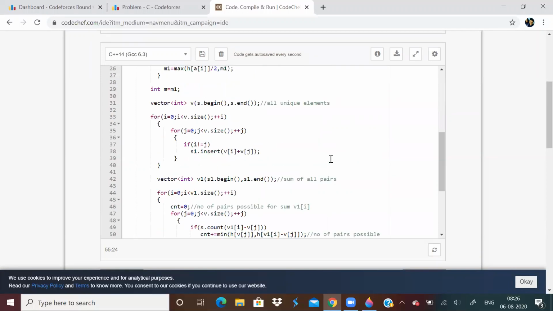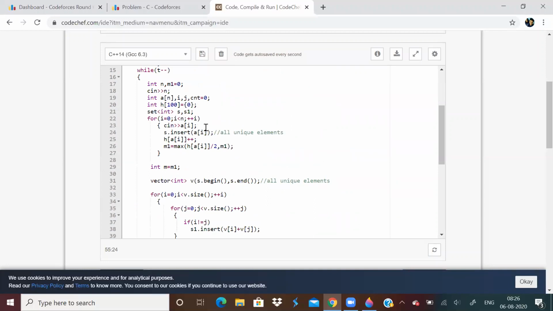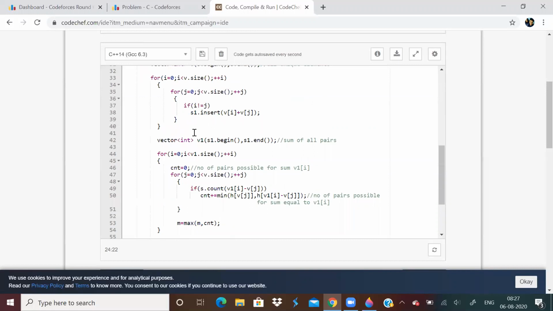Are we finding everything correctly? Okay, we're inputting all the elements. I'm finding the frequency here. I'm inputting all the unique elements. What can go wrong here?